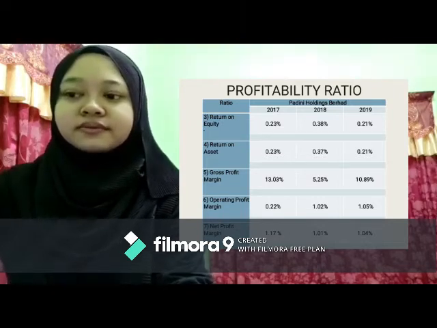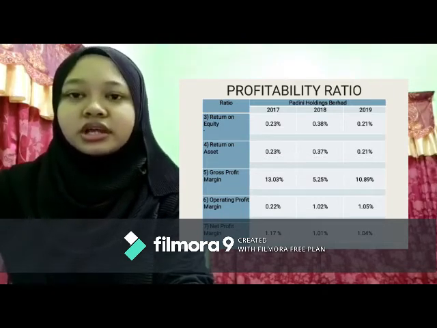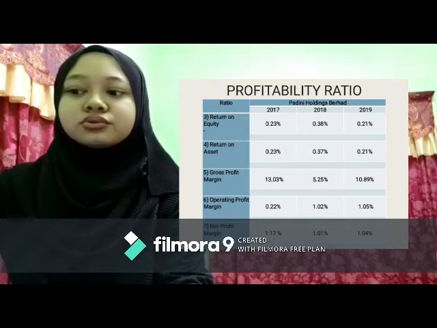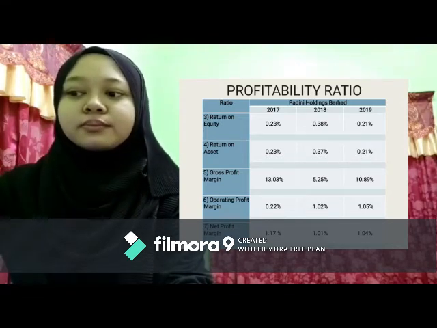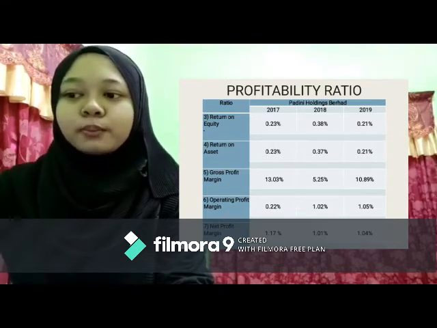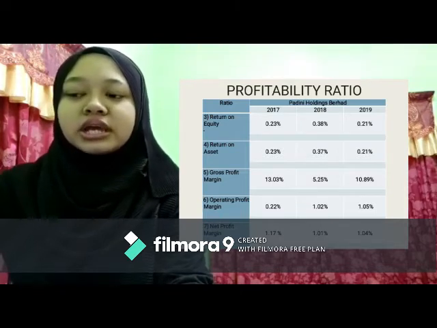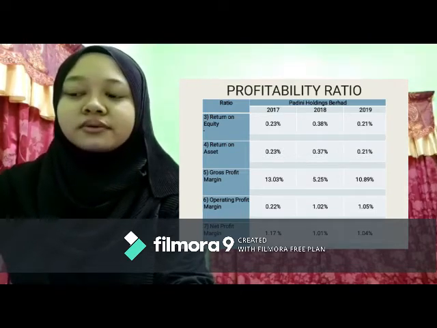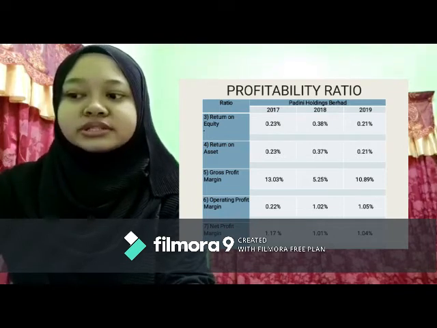For operating profit margin, it can be concluded that year 2019 is the best for Padini in terms of operating margin with 1.05% compared to 2018 and 2017 with 1.02% and